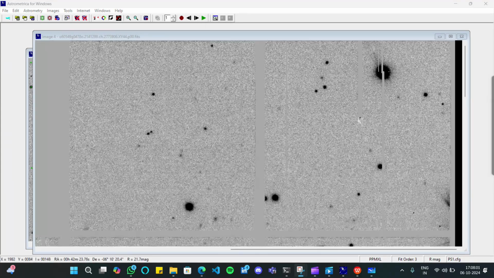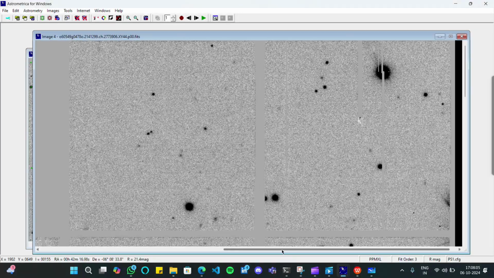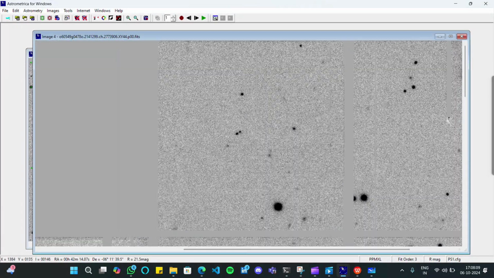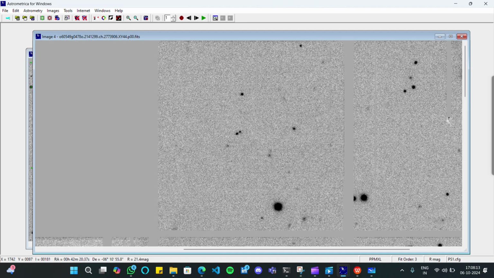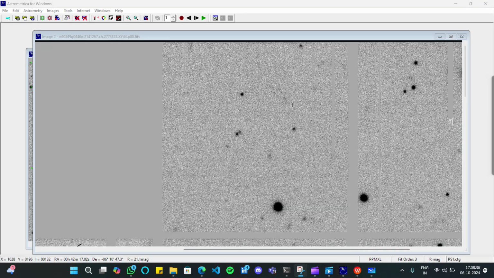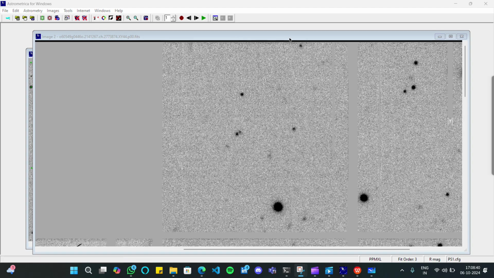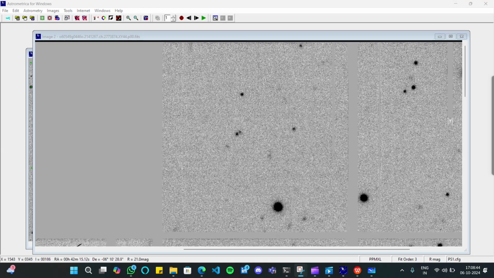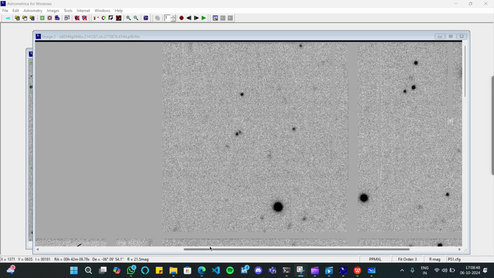So in the first box, I have not found an asteroid. Let's move to the second. Just click here and move here. So this is the second part. Here you can see. Let's find an asteroid here. While finding an asteroid, you should refer to the notes that I have given: small dots moving in a linear way. No such dots are there, so let's move to the next box.